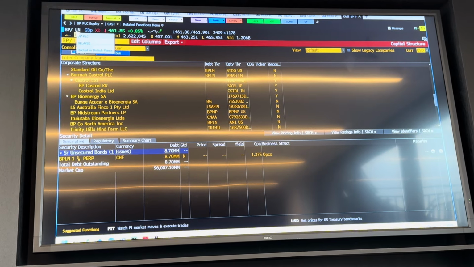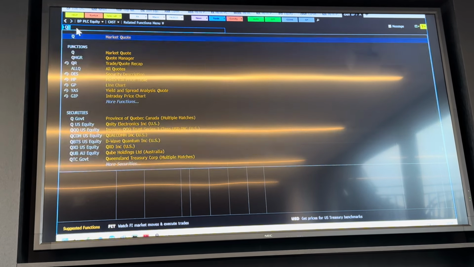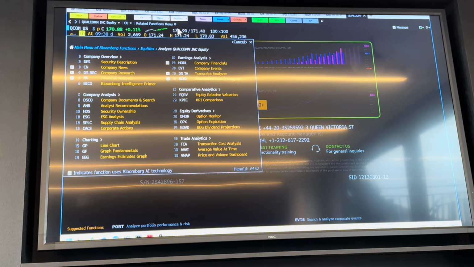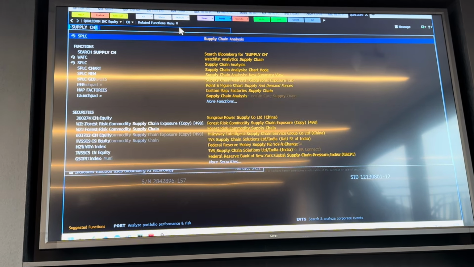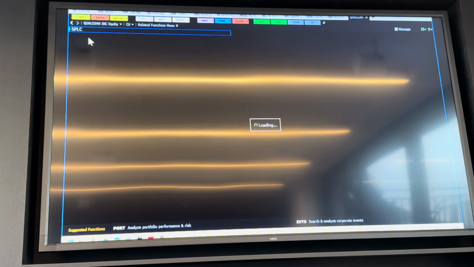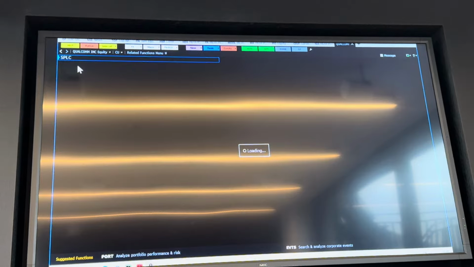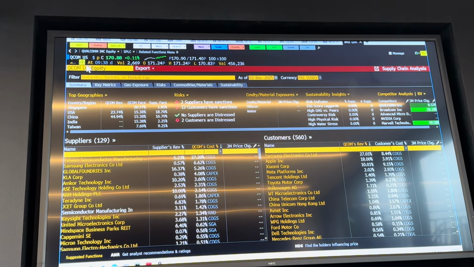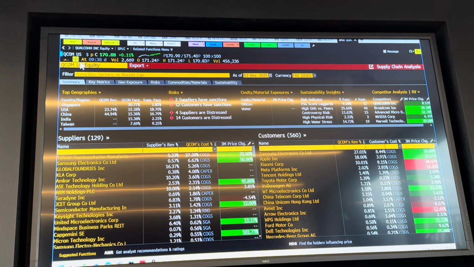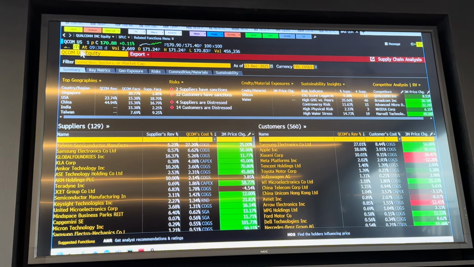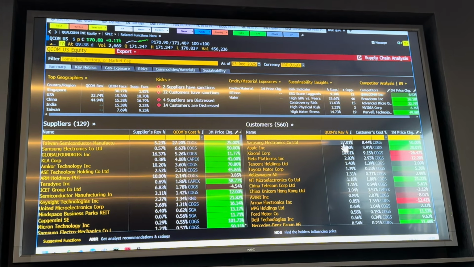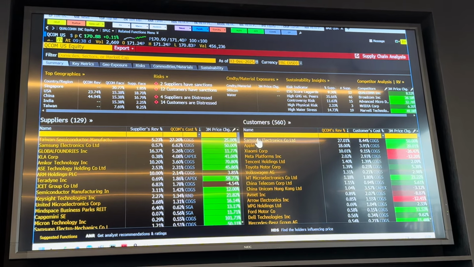So let's look at, I don't know. You can type supply chain. The code comes here. So that gives you an idea of who the customers of the company are, who the clients are, who the suppliers are, where they are located, and how much revenue is generated from that customer. So Capcom, for example, 27% of their revenue comes from Samsung, so they are heavily